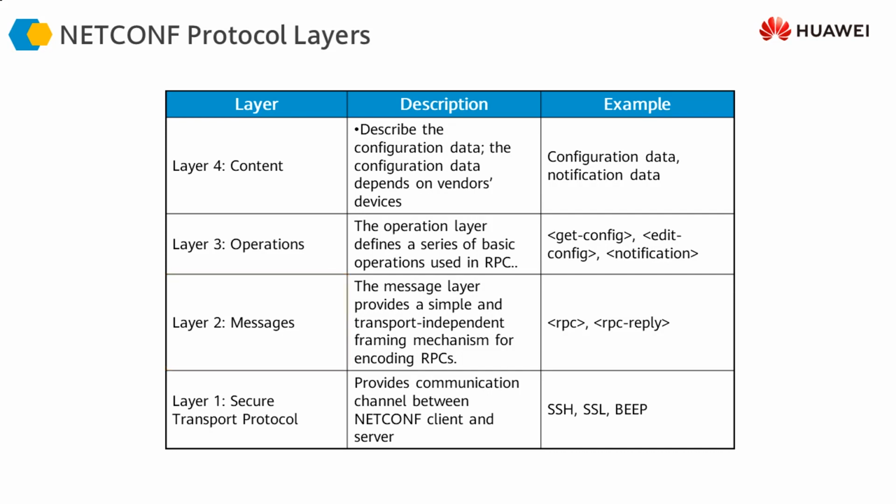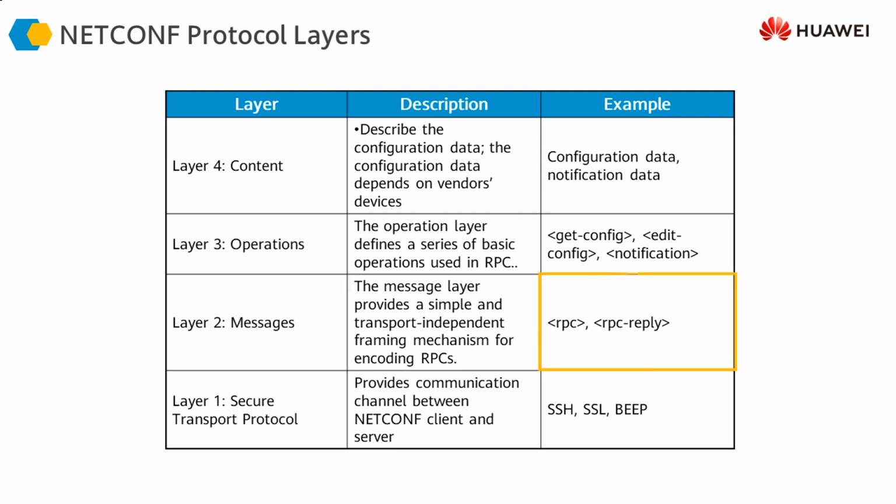The NetConf protocol also has the concept of layers. Just like the OSI model, NetConf has its own layered model, in which these are the 4 layers. The first one is the secure transport layer, then the message layer, then the operations, and finally the content layers. The secure transport layer uses SSH, which runs on TCP. And right now eSite only supports SSH. The other protocols are not supported by eSite.